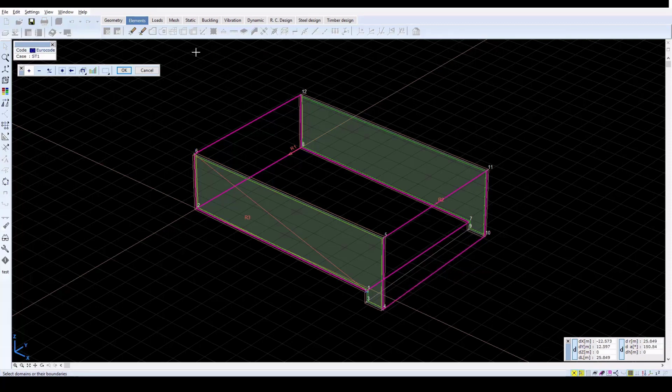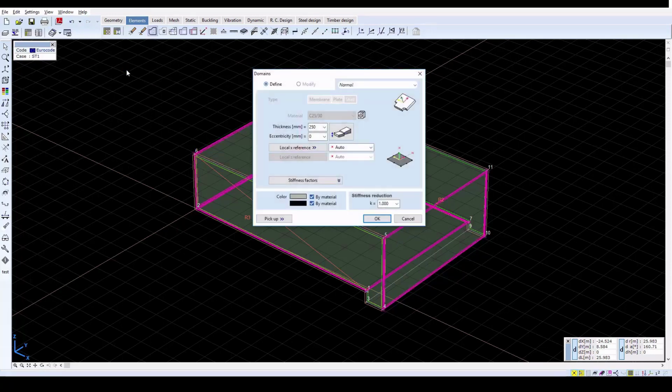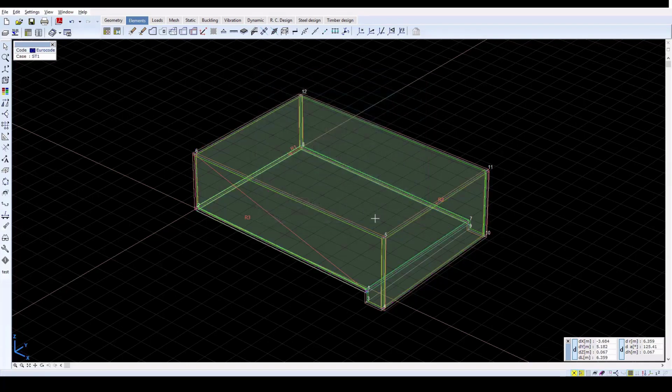And then click OK. In the new window, set the thickness to 250 millimeters, and then set the local X reference value to R3. Close the window with OK. A green contour can be seen along the domain boundary.